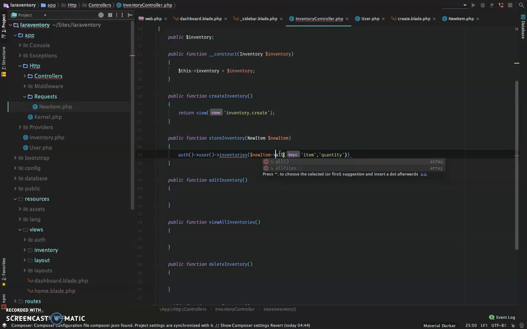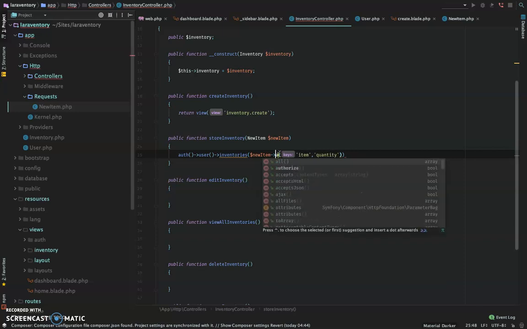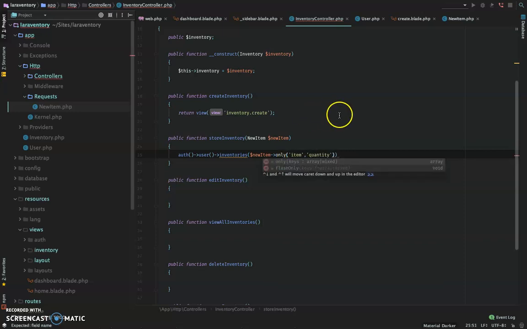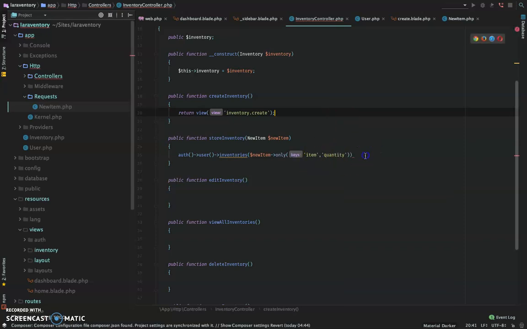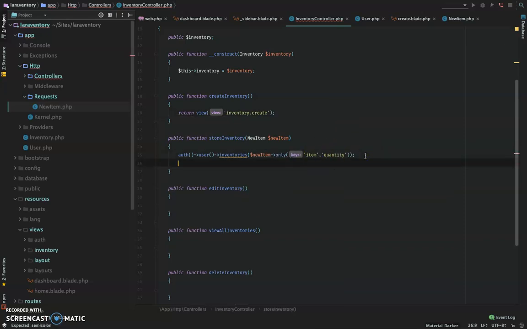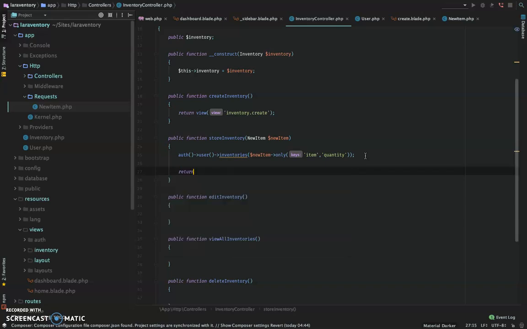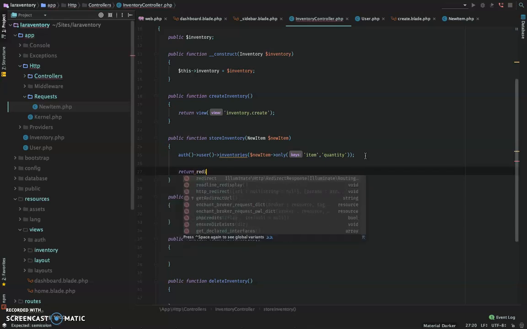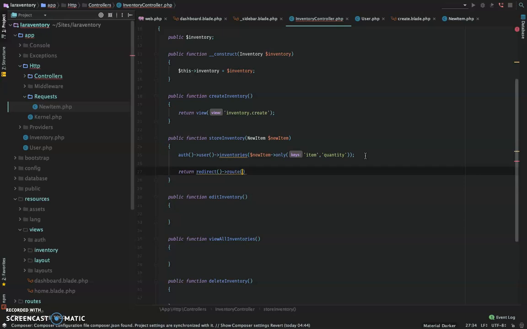So things could go wrong that way. That's why we had to do the guard that we did earlier. I hope you remember now. So yeah, we're just taking two things, the item and the quantity. And then after doing that, we want to return redirect to routes